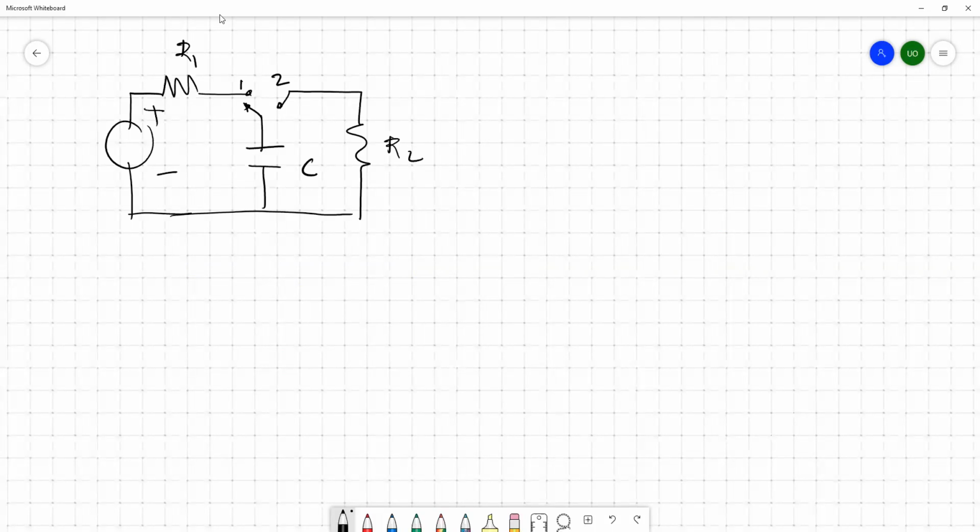So this is a two-way switch. Either the switch can be positioned to 1 or to 2, depending on our requirement. So this is a source. Once we position the switch to node 1,